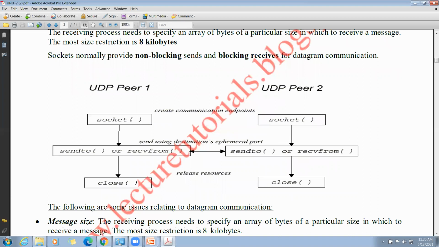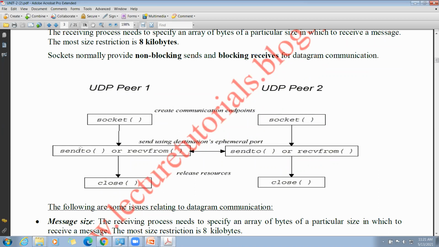This is a socket for the UDP peer 1 system, and this is a socket for the UDP peer 2 system. Here we have three steps. The first is creating the communication endpoints. After that, send using the destination's IP address and port.